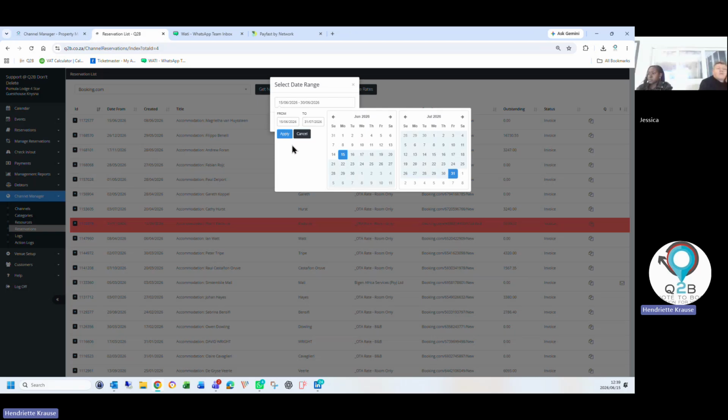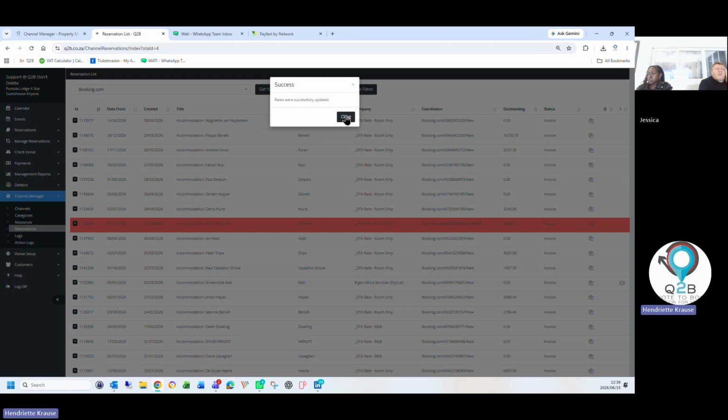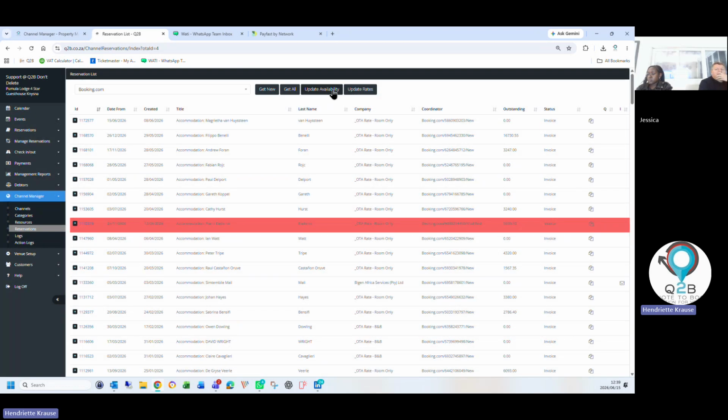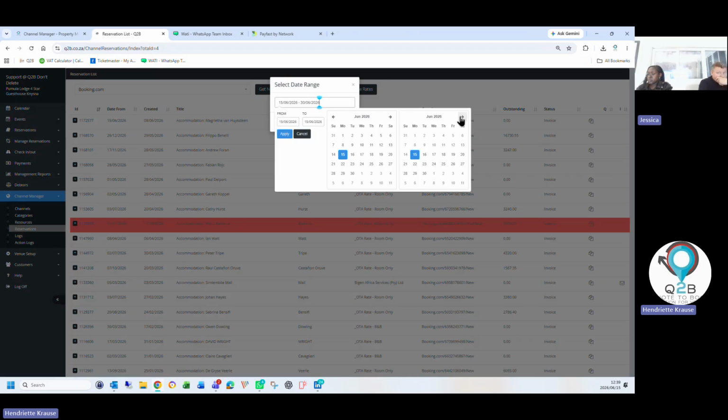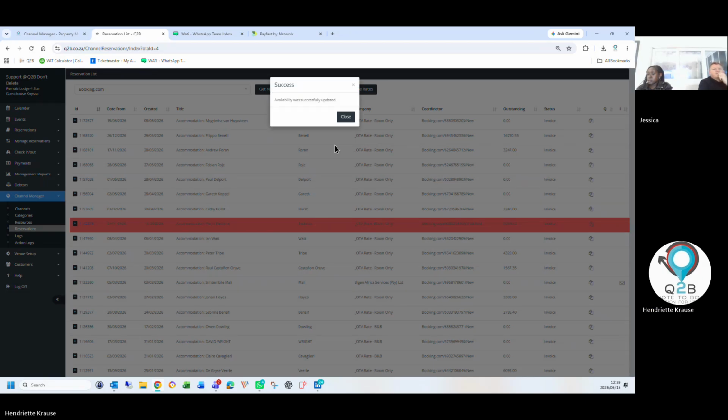You don't have to do it, it does it automatically, but only if you're in a rush and you uploaded the rates and you want to see that it's pulling through to Booking.com. Then it updates the rate.